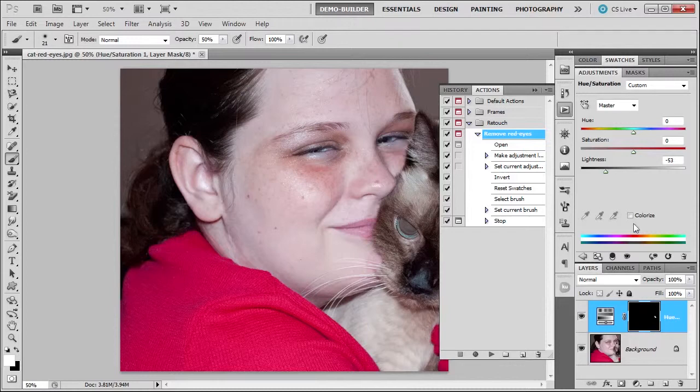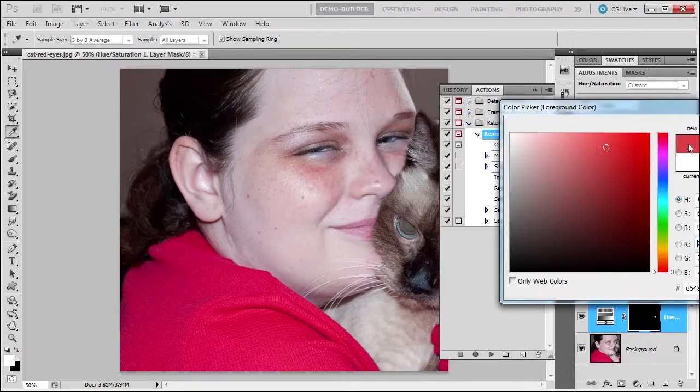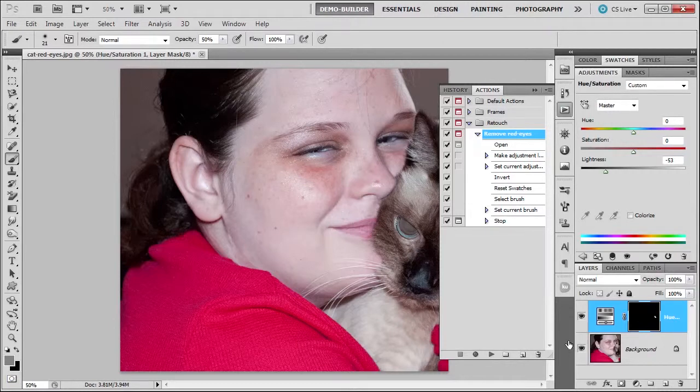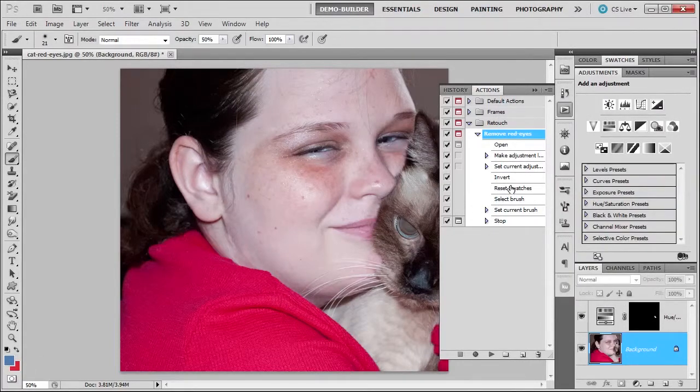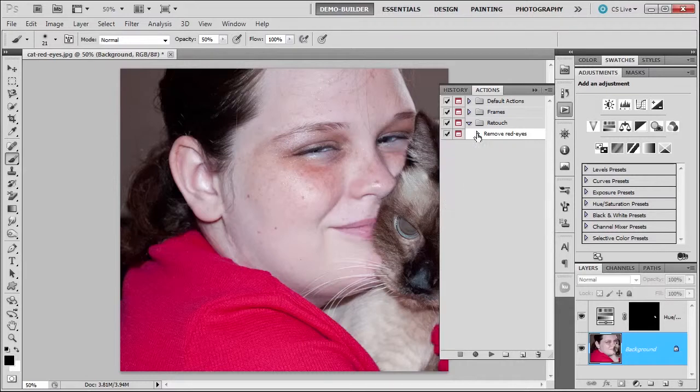Now, there is something I do want to show you. You can make just one step work at a time. Let's, for example, choose blue as the foreground and a background color of red, just some odd colors, and I go over to reset swatches. If I press Control and double click reset swatches, it will play just that one step, and you can see here that it reset it. So you can customize how it works. So you can see the power of the action. So now I can actually just save this to my computer and send it to somebody else and allow them